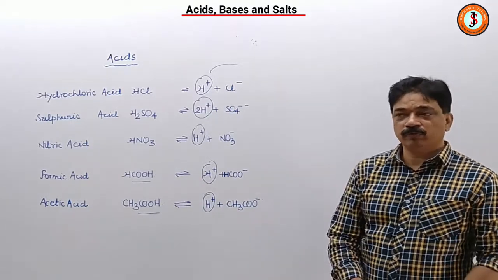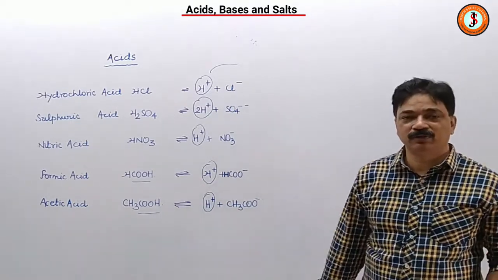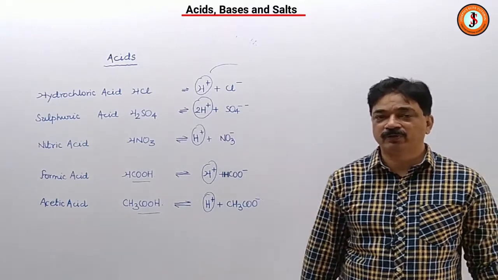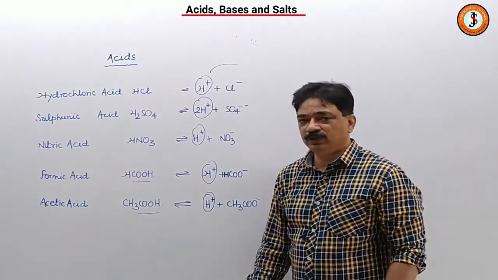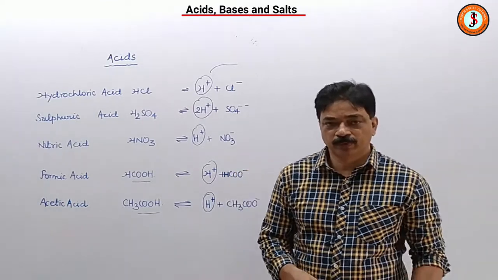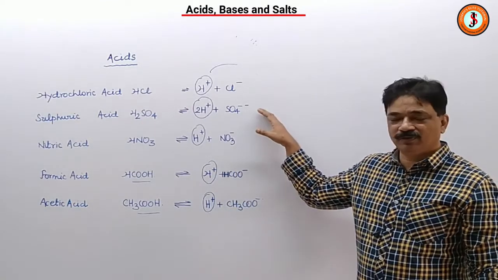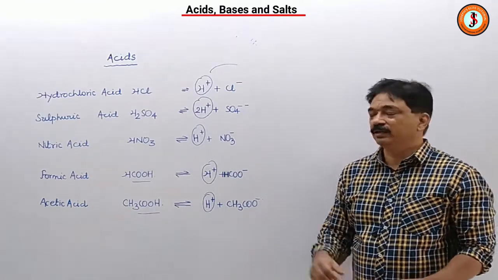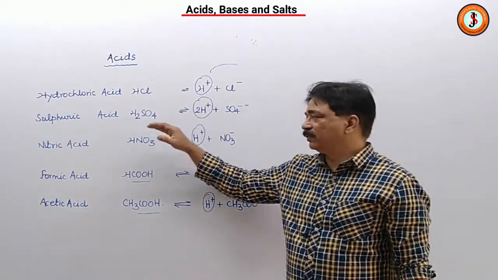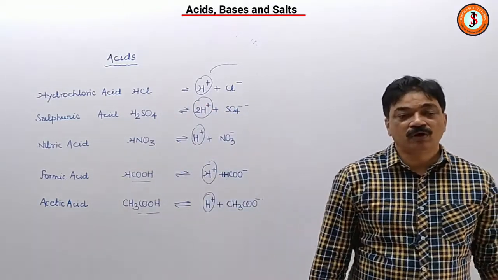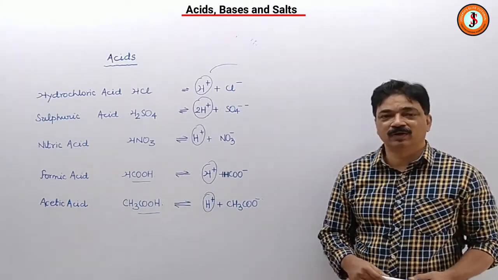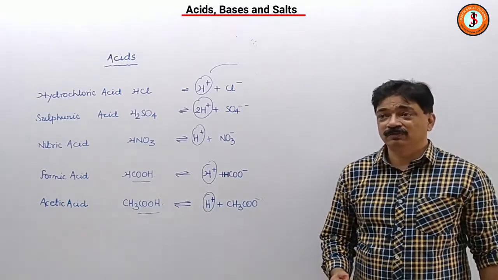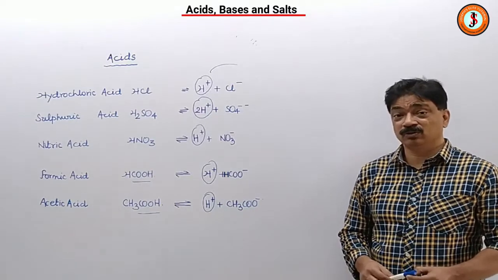So always in the solution there are 50 out of 150 hydrochloric acid molecules, and the remaining molecules have dissociated. Same thing with sulfuric acid. The sulfuric acid case may be different, might be out of 190, some are dissociated and 10 are in molecular form. So we give a term called degree of dissociation. If there is complete or near complete dissociation, then the acids are strong. Like hydrochloric acid, sulfuric acid, nitric acid, they have a very high degree of dissociation. That is high degree of dissociation, so they are called strong acids.